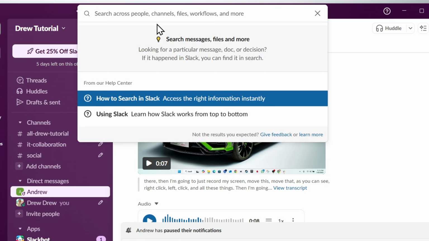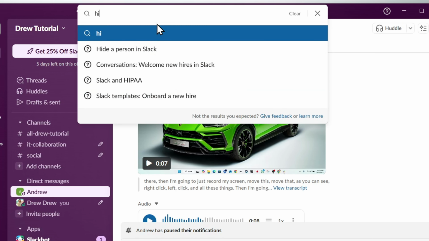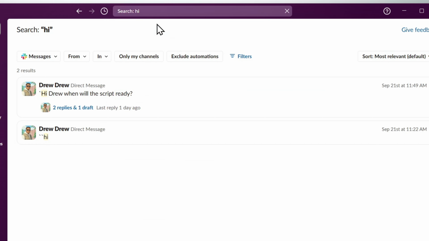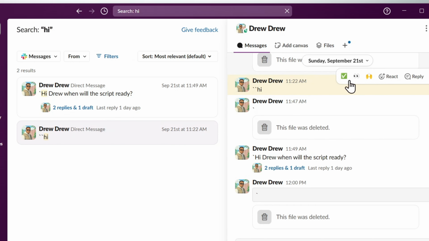And this is going to help you to locate a conversation. So let's say I'm trying to find hi. I'm going to type the word hi, then hit enter, and it's going to find the entire conversations that contain that word. And that's it. So you can easily go ahead and find that conversation, as you can see. And I'm going to go ahead and click, for example, that conversation, and it's going to find it in the